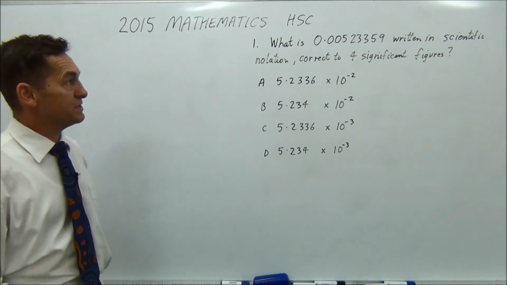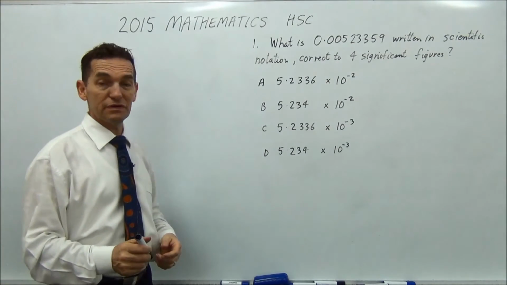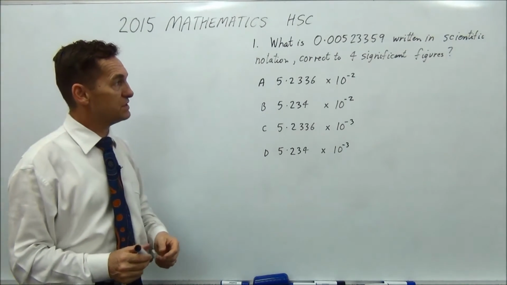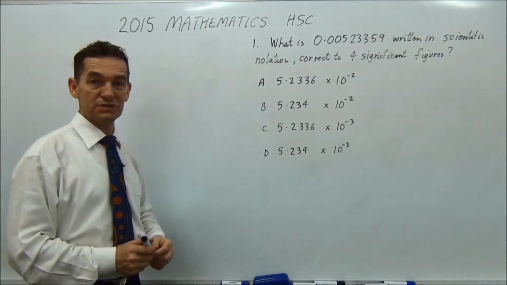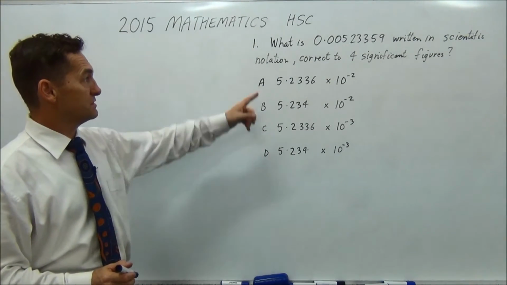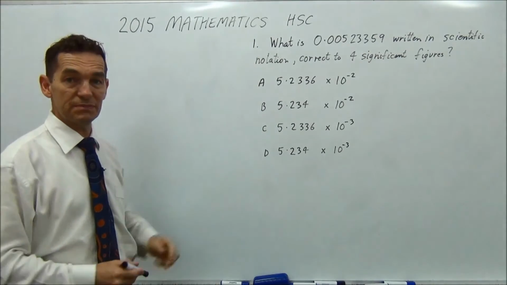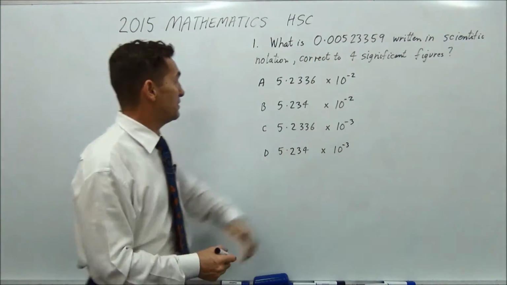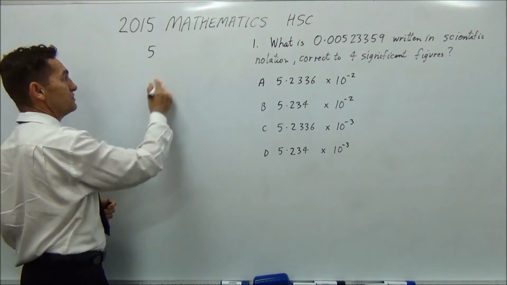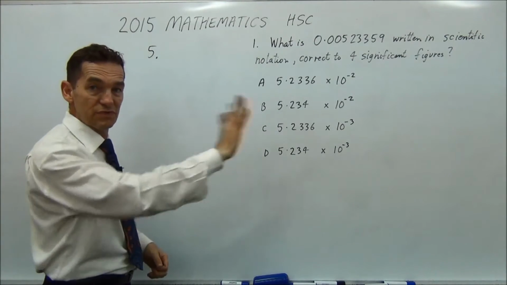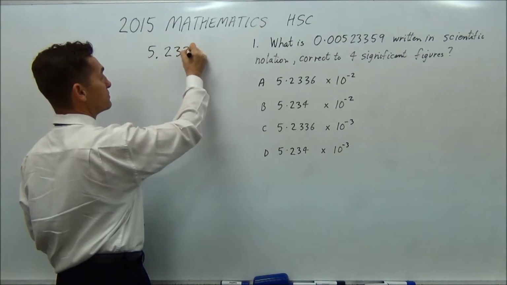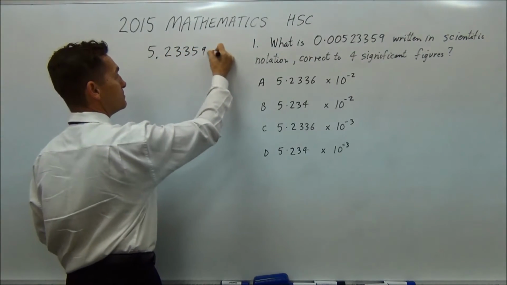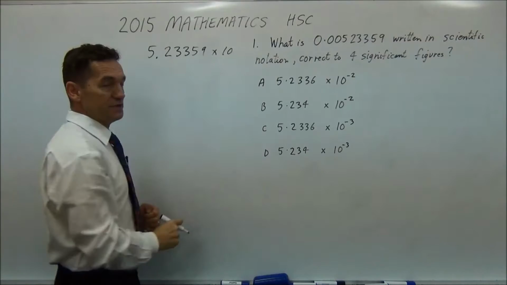Question 1. What is 0.00523359 written in scientific notation correct to 4 significant figures? Pretty simple, you should be able to do this. Scientific notation, find the first number that's not 0, which is 5. Put down a dot. Write down the rest of the numbers. So 2, 3, 3, 5, 9, multiply by 10,